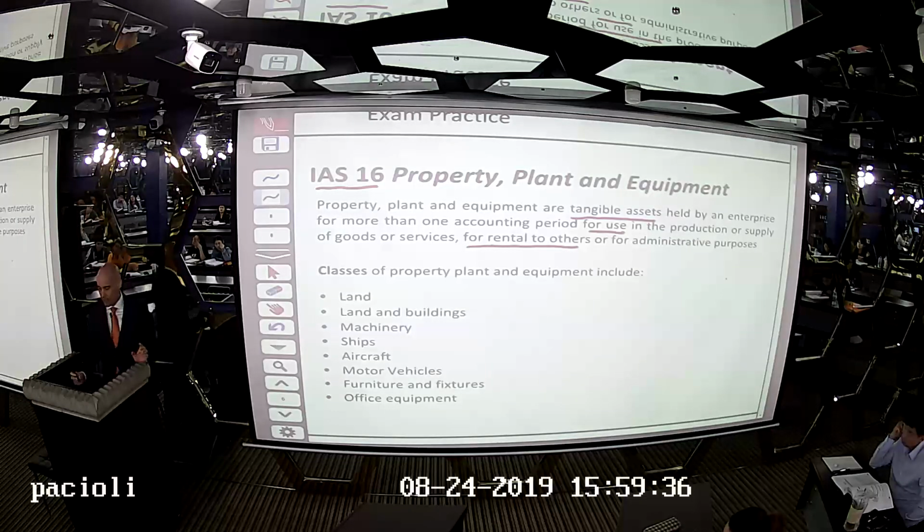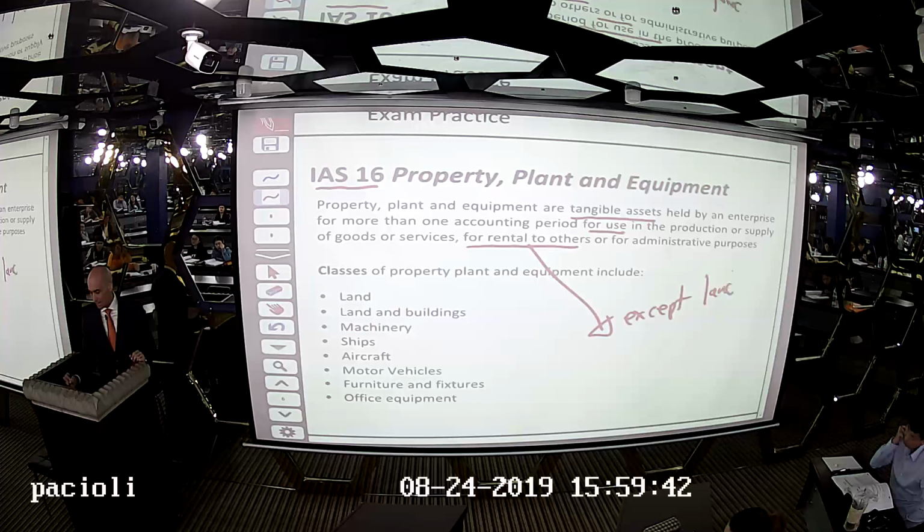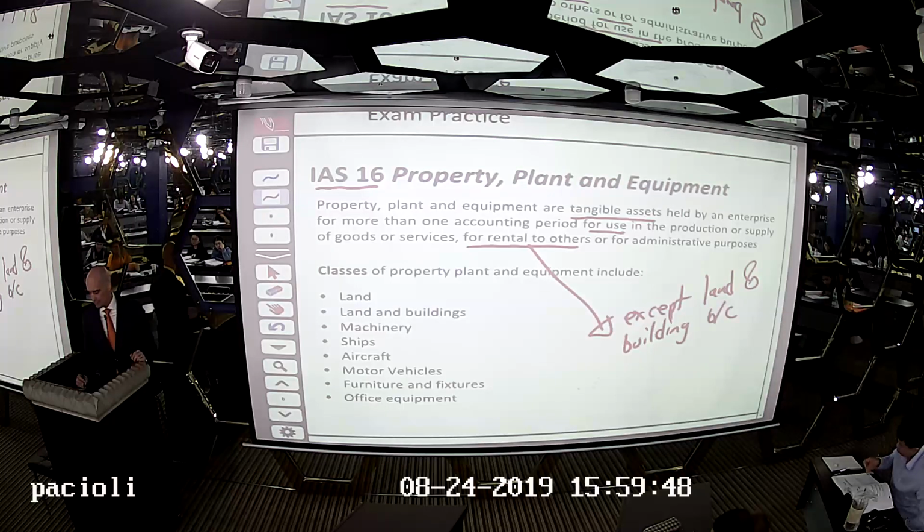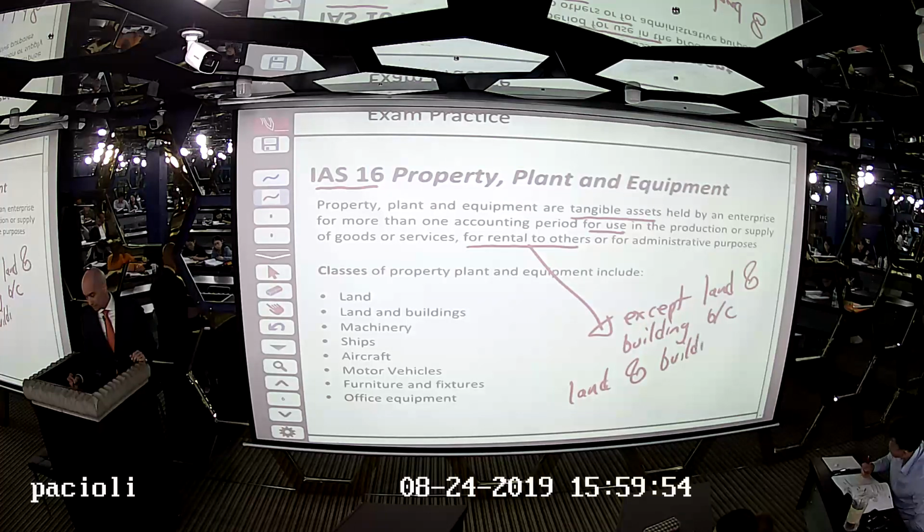There's an exception here though. Except land and building. Because land and building that you rent to other people, land and building rented to others,